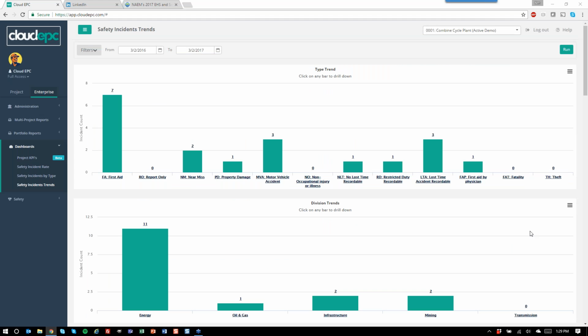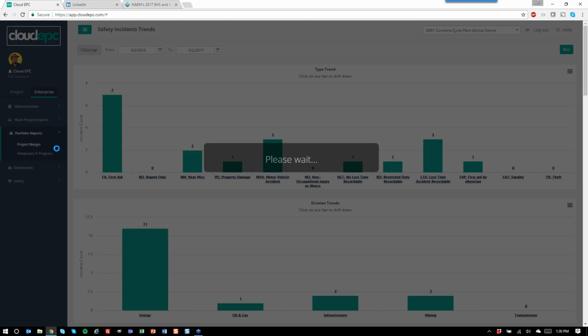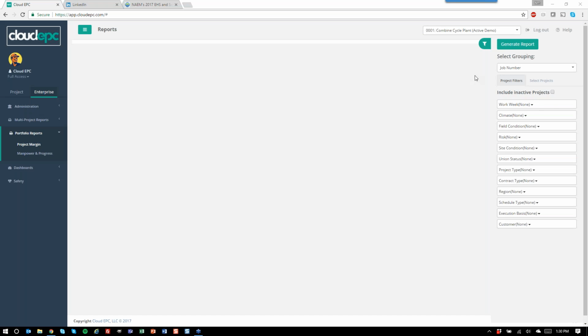We have the ability to perform any on-site audit where you create the criteria yourself, and then produce great reports. We have meeting minutes and action item tracking to allow for an integrated communication and collaboration initiative. Again, like we mentioned earlier, we have the ability to run portfolio level reports. So if your organizational leaders are looking to run reports with an aggregated group of projects or by a portfolio,